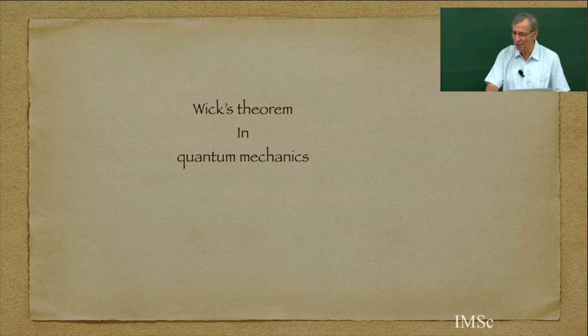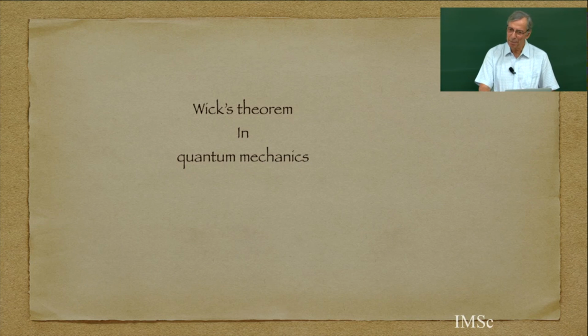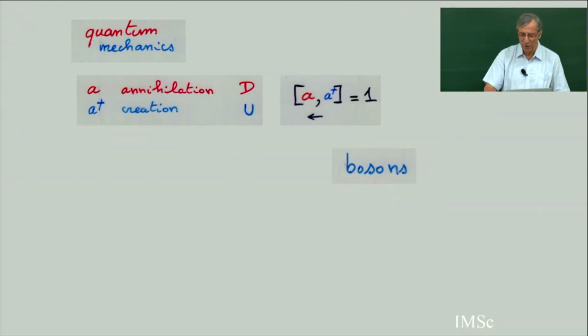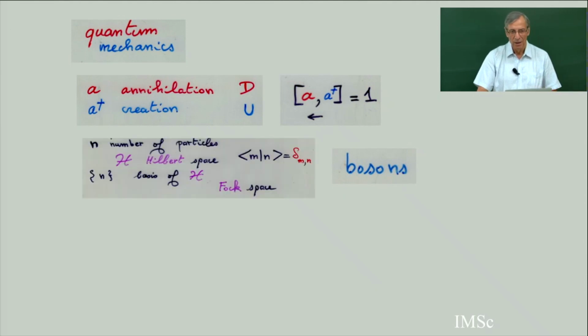So the Wick theorem: there was some proof when I take this partition. Many physicists, I have many papers, prove that the rook placement is in bijection with partitions, and they use the Wick theorem. In the Wick theorem, you have two operators, annihilation and creation operators, and for bosons you have this commutation relation. But in physics notation, the operators go from right to left; in my notation, they go from left to right. So there's a Hilbert space and the Fock space.